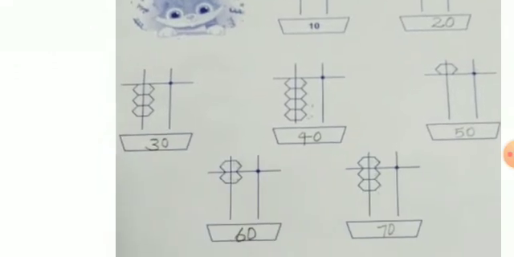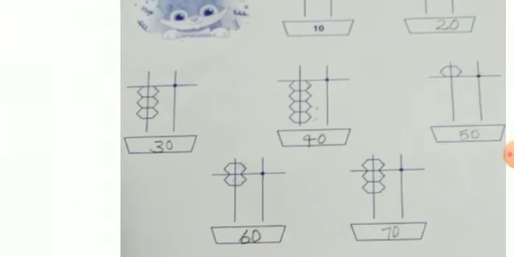If we take the next question, then we can see nothing is there in ones place and we can see three beads in tens place. So the value of each bead is 10. So here we can see 3 beads, so the value of all these 3 beads is 30. So like that we can do this exercise, page number 5.